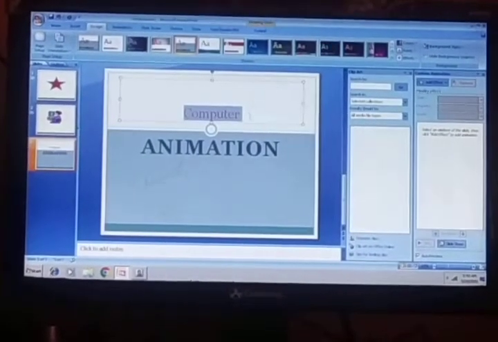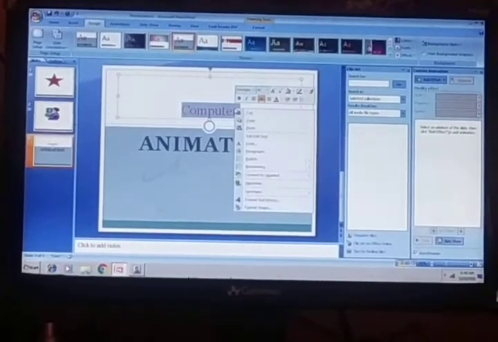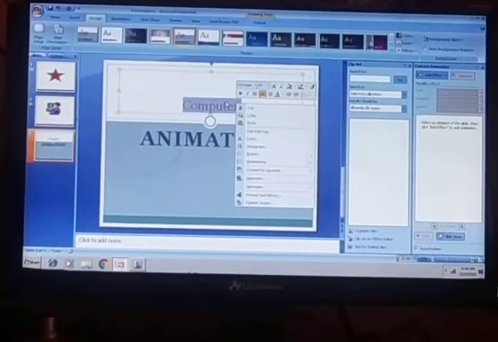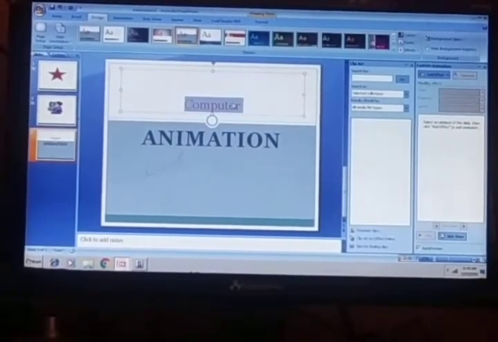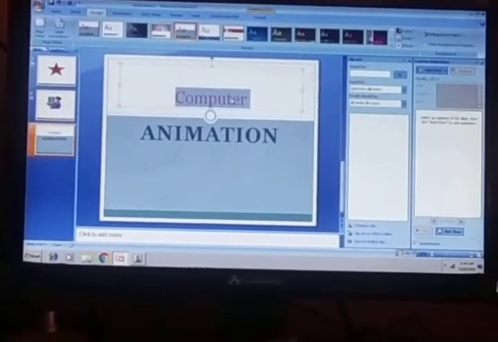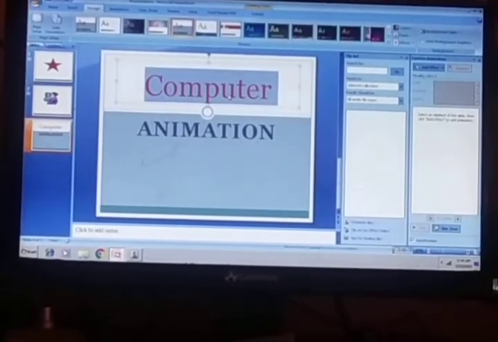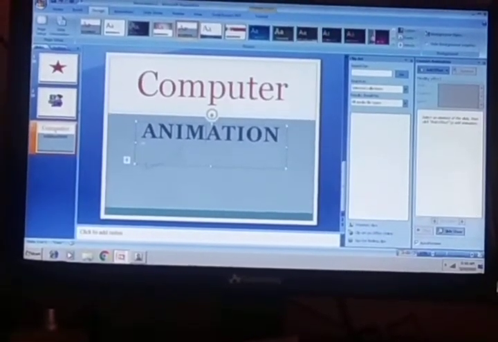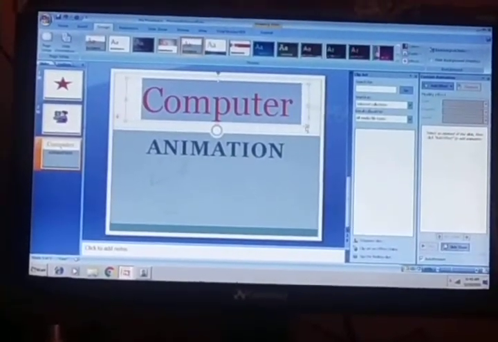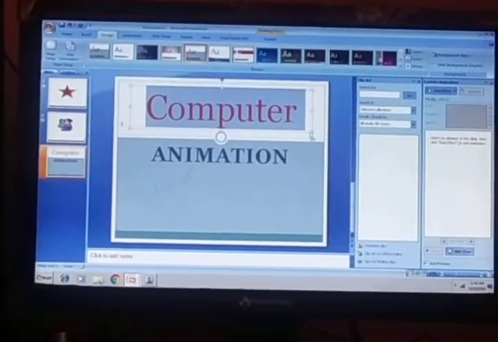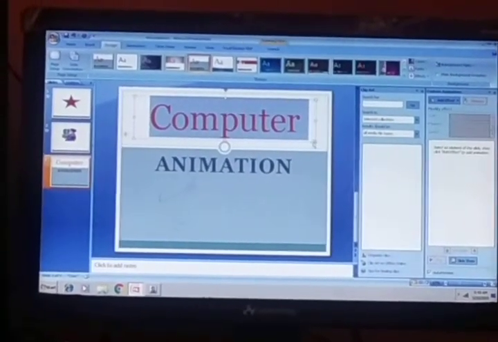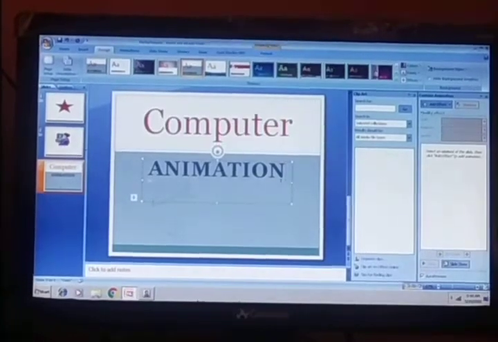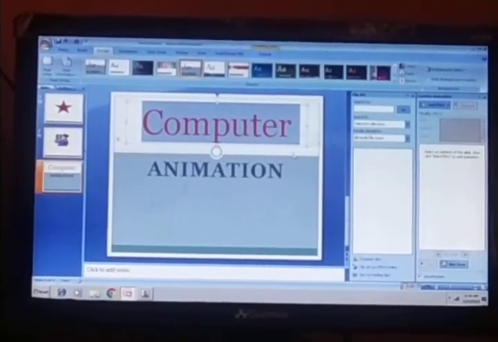Select text, press Control greater than to increase the size of the font. Next, we can give bold, Control B. Then you can give the animation.